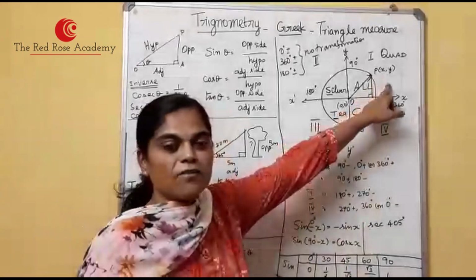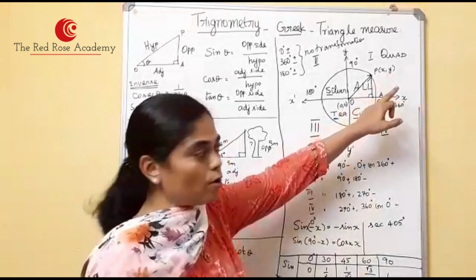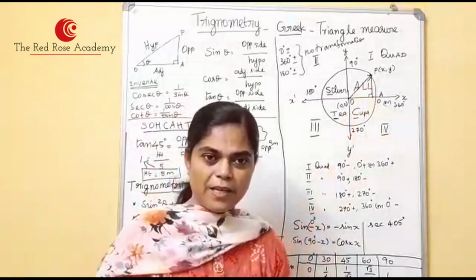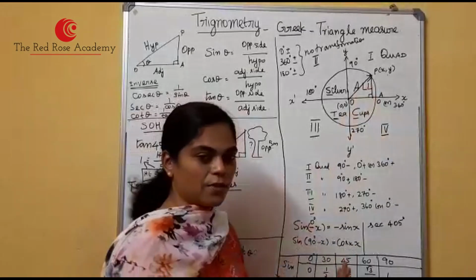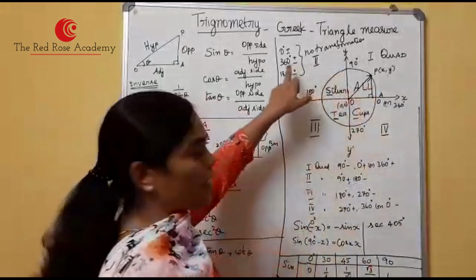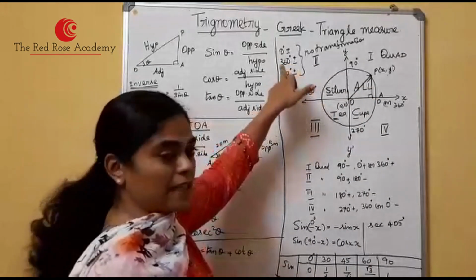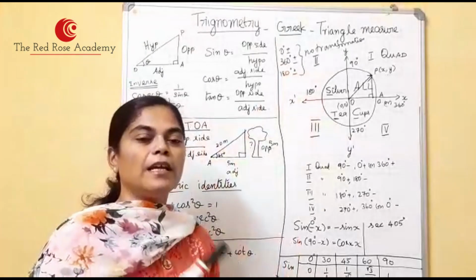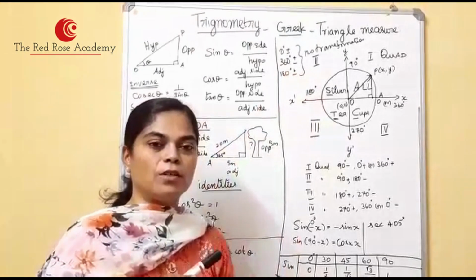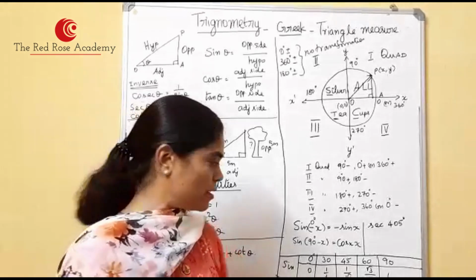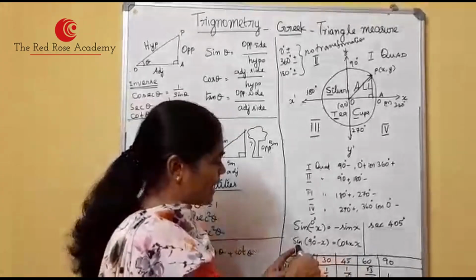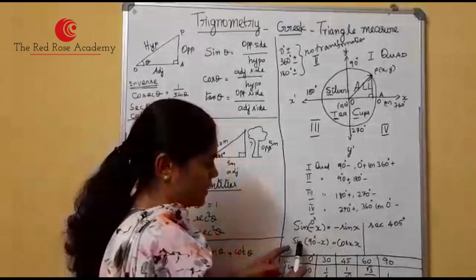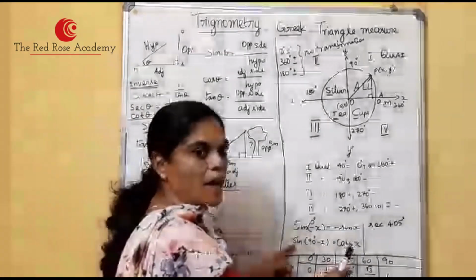So what is 90 degree minus x? What is the quadrant? First quadrant. In the first quadrant, all are positive, whether it is sine, cos, tan, whatever it may be. So sine is positive now. For 0 degree, 360 degree, 180 degree plus or minus, no transformation occurs. In 90 degree plus or minus and 270 degree plus or minus, transformation occurs. So here transformation occurs. Sine is transformed into cos. So sine 90 minus x is nothing but cos x.